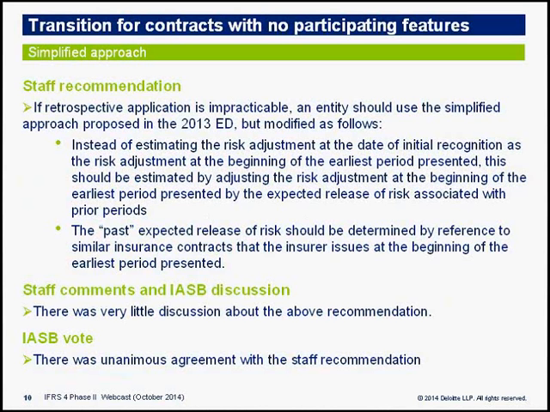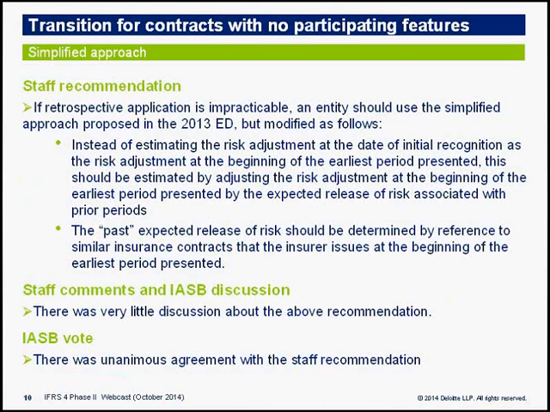And that re-estimation should be done on a simplified approach basis, and that is by taking into account the measure of a new contract issued on transition date with the same characteristics as the contract that we're trying to restate, and then based on this similar contract on transition date, the insurer will be required to calculate the release pattern of the risk adjustment as estimated on transition date, and then apply retrospectively the release pattern for those risk adjustment